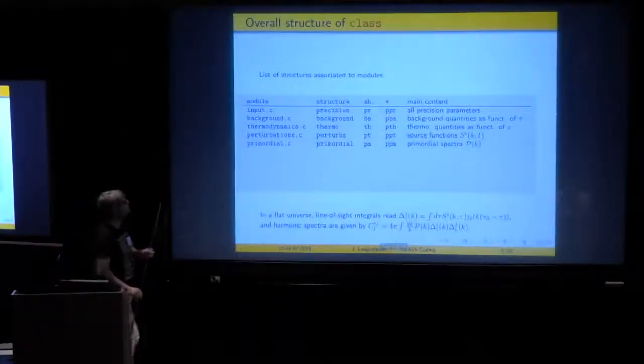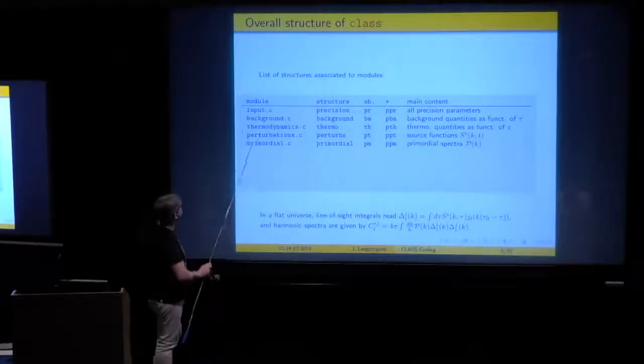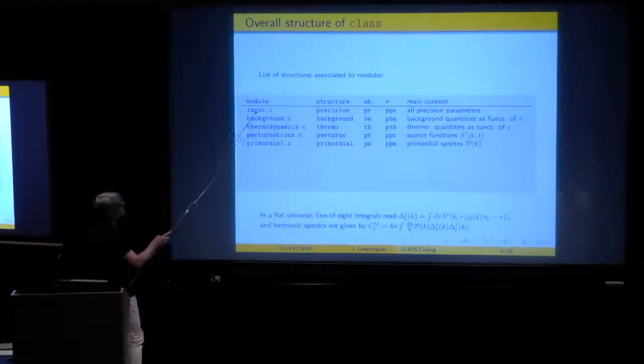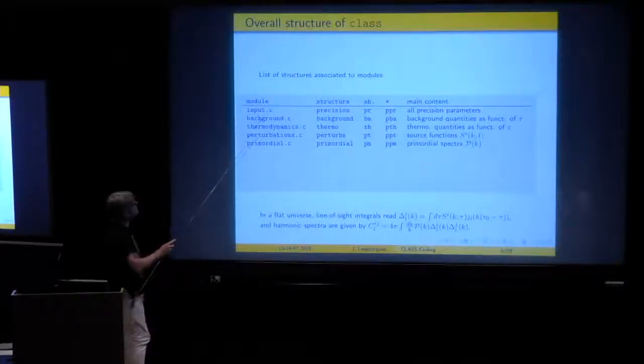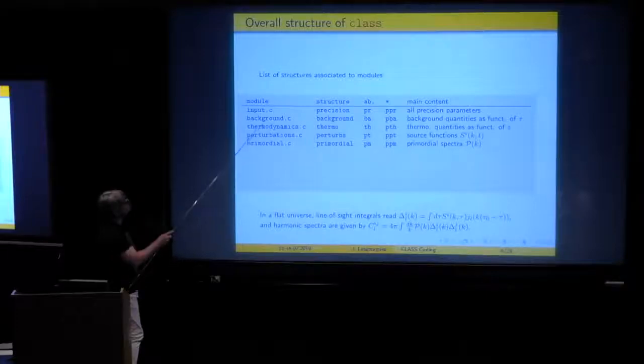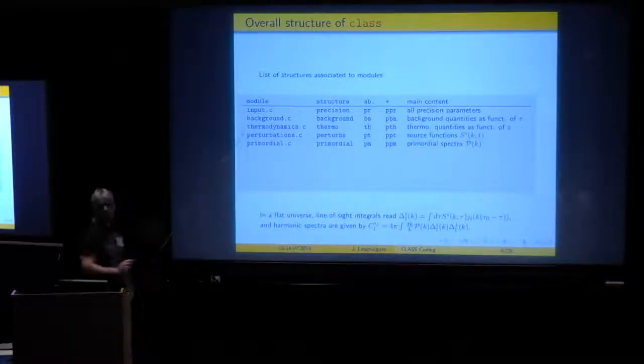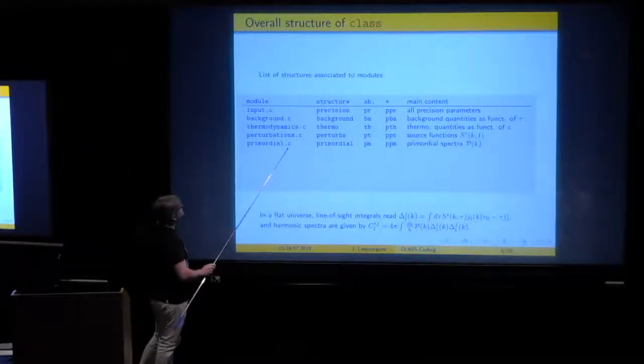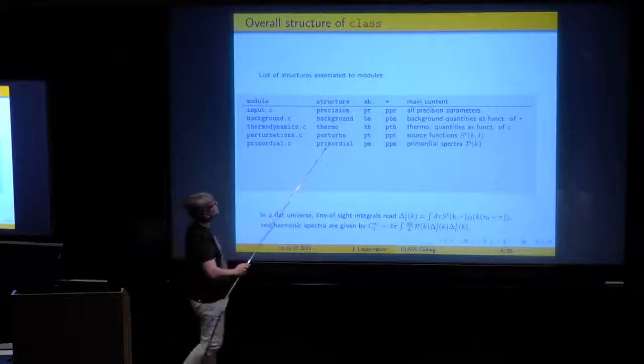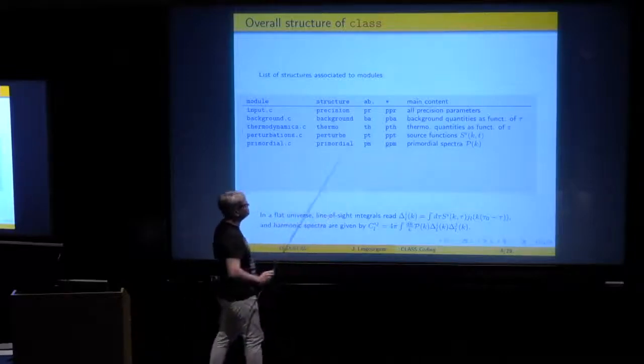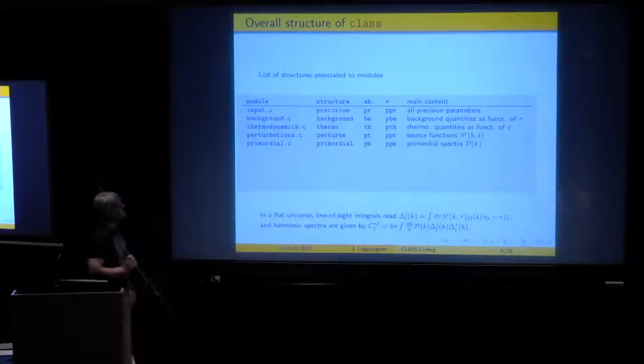Next, there is a module which is called primordial. So far, there was a unique order. You cannot do the perturbations if you have not done the thermodynamics. You cannot do the thermodynamics if you have not done the background. The primordial module could be moved around because so far it's like doing everything from scratch. Primordial.c has a structure primordial, abbreviated in PM with a pointer ppm, and its goal is to write the